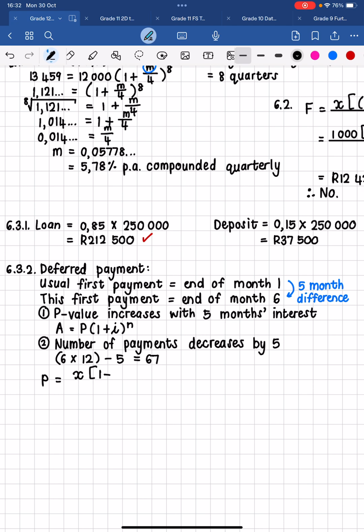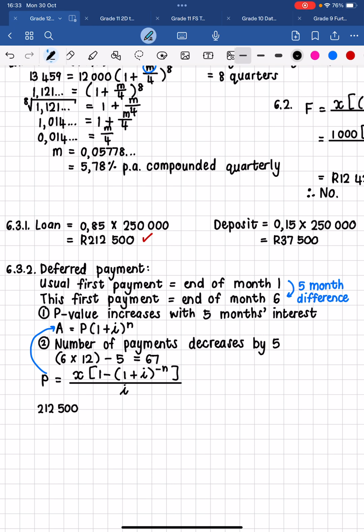Remember that the present value formula is the one that has a negative n, negative exponent. That's very important that we remember that negative n, and it is then again over i. Now here for this P value, on the side of the equation, I'm going to do that calculation. I'm going to calculate the new present value by doing